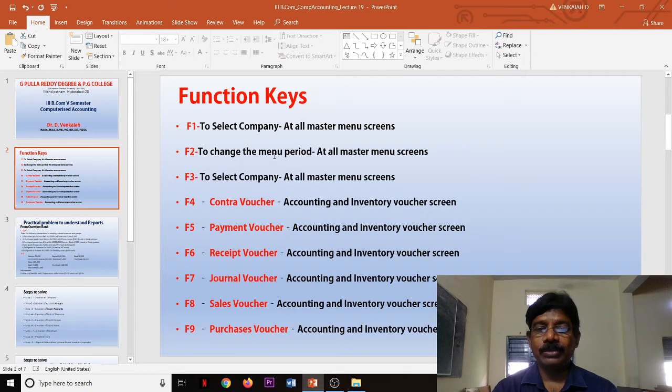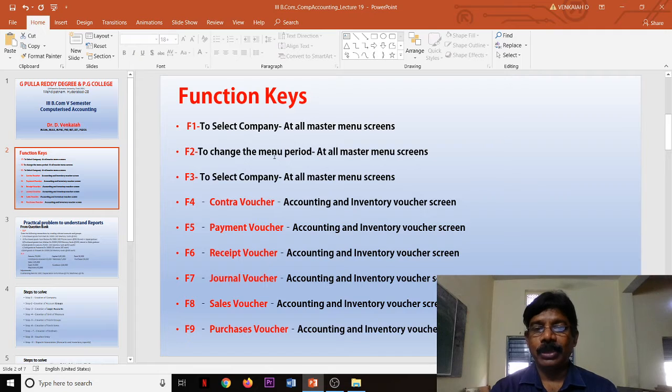When the company was started in 2007 and I want to take a report from April 2008 to March 2009, then simply press Alt F2 to change the period wherever it is required. F2 is used to change the menu period.